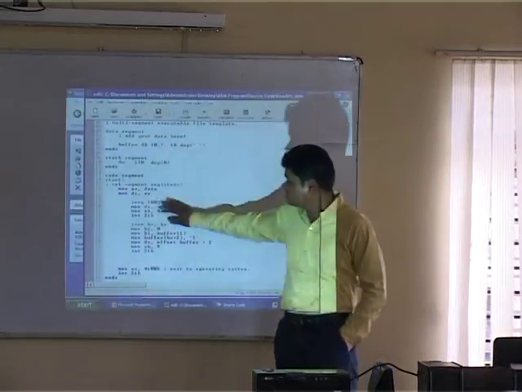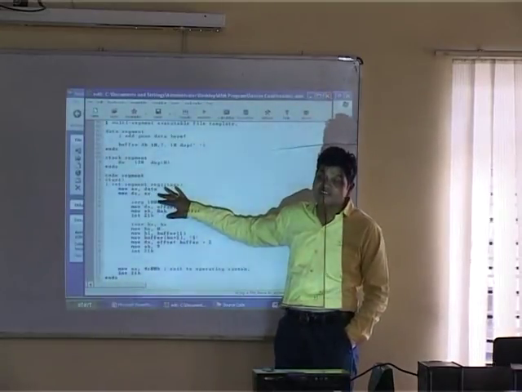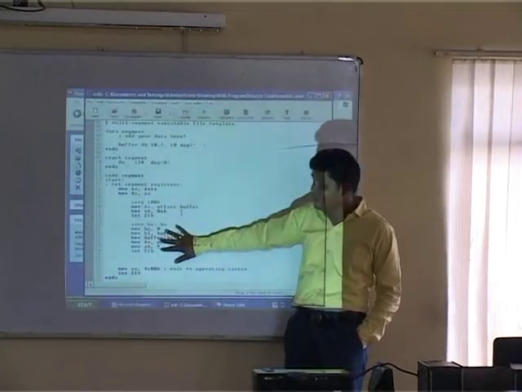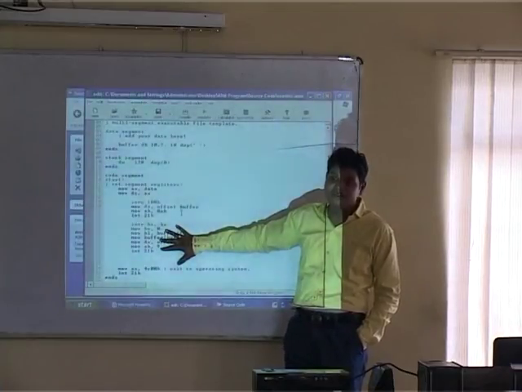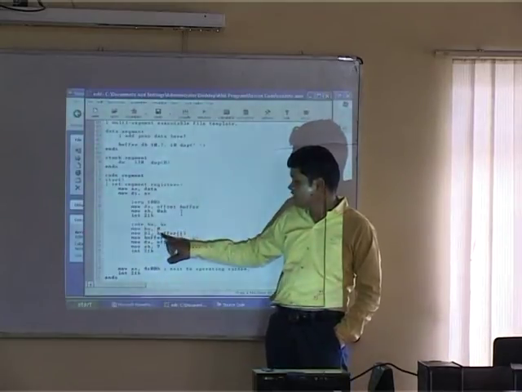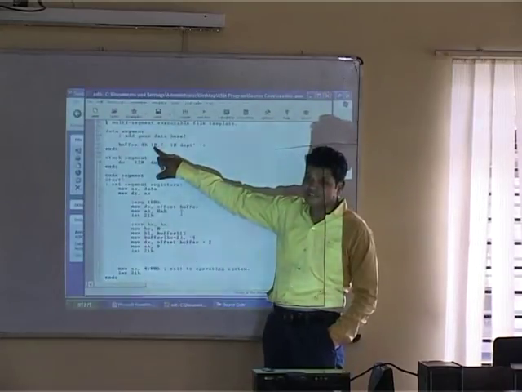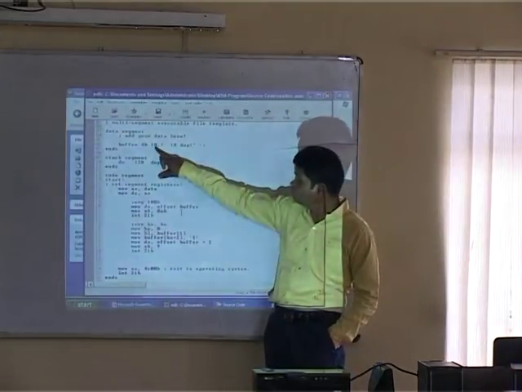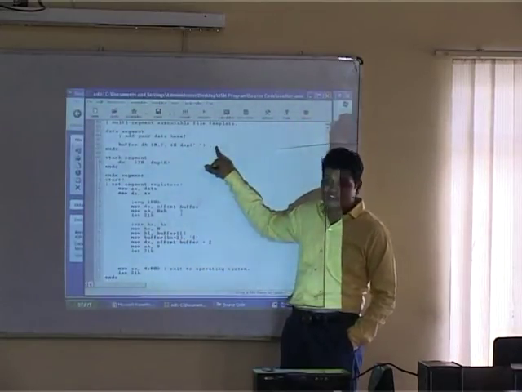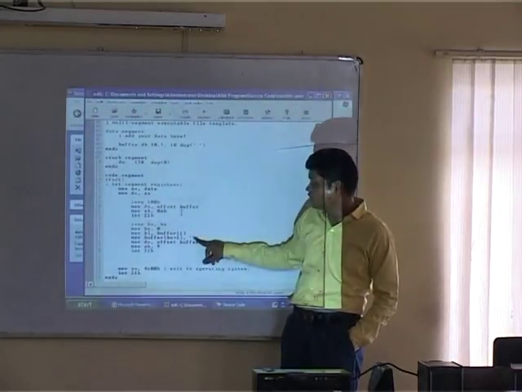So what is happening here? When I am reading the string, it does not append the dollar character to the string. Because of that, you have to explicitly add the dollar character. क्या करना पड़ेगा आपको? You will have to add explicitly the dollar character. This is happening here. Move bx, 0. Move bl, buffer 1. It will read 10. Buffer 1 has value 10. 10 plus 2, the dollar. मतलब 10 लोकेशन के बाद का जो रहेगा उसमें क्या करेंगे? Dollar. So at the end of the string you will get the dollar appended.